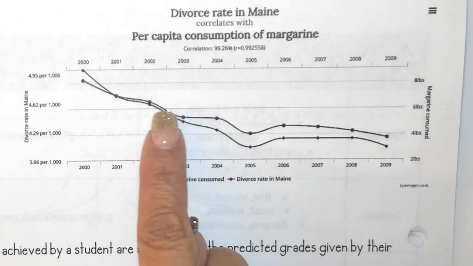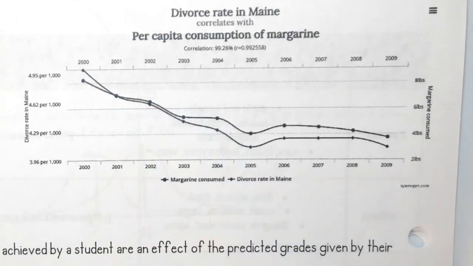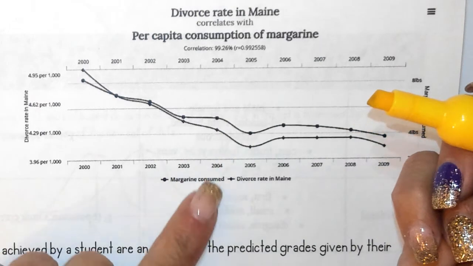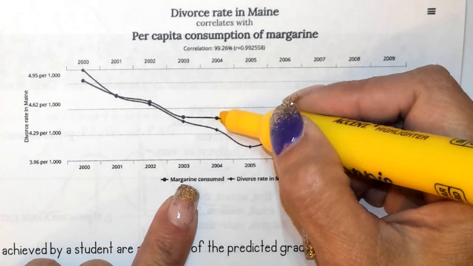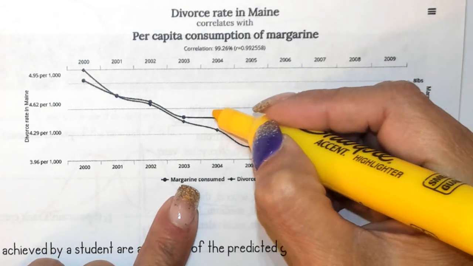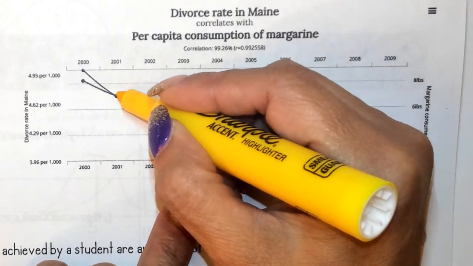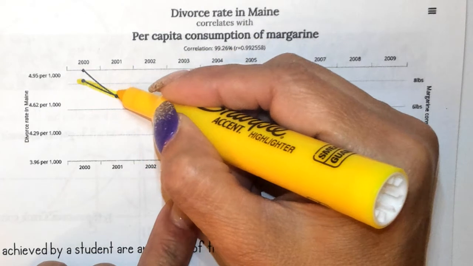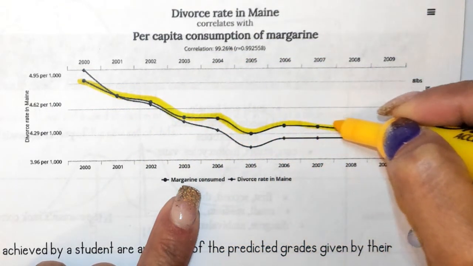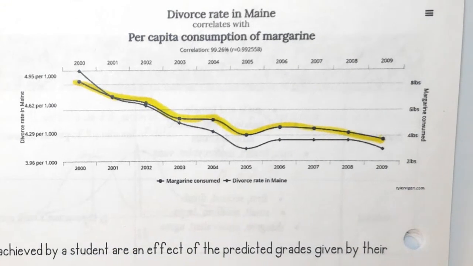Look at this. And you can't really tell, so I'm going to highlight for you. The thicker one with the bigger dots, that's this one. This is the butter. I'm going to make the butter yellow. Okay, the butter's on the bottom and then it goes on to the top. All right, the butter is yellow. There we go. Look at that. The margarine consumed